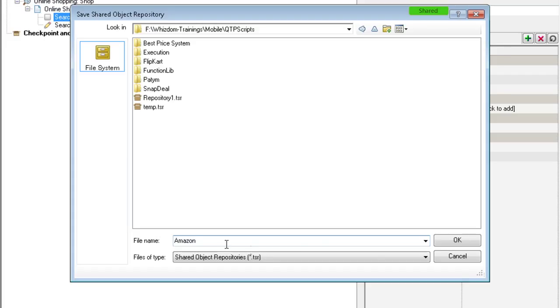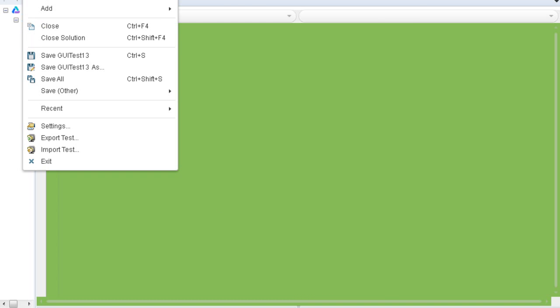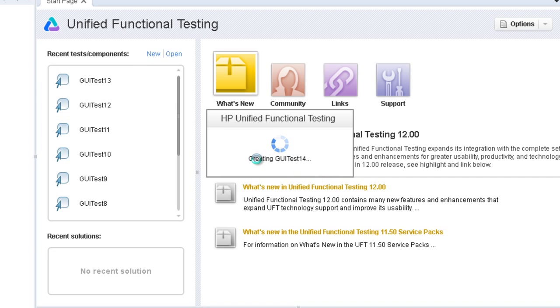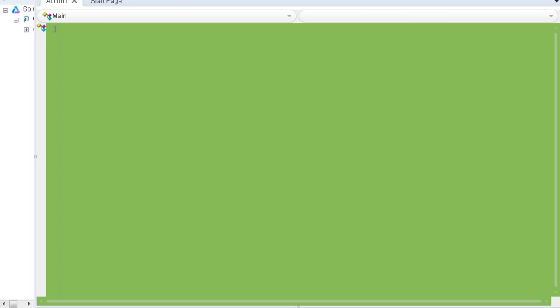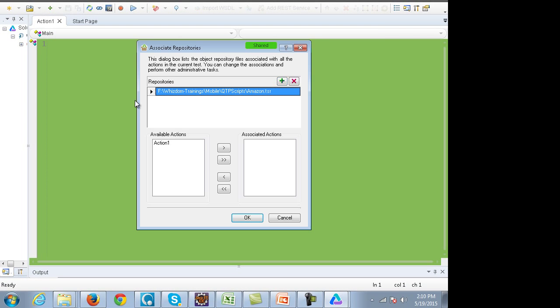So you have finalized your object repository. Okay, I have not recorded it, I have not exported the local objects as I was doing earlier. I have finalized my object repository now. Now I can distribute this object repository in my team, so that everybody has the same set of objects. Okay, and what the team members will do is that they'll create a new test. Fine, hold on, and go to resources, associate repositories, and add this amazon.tsr